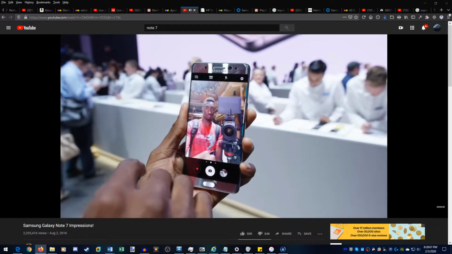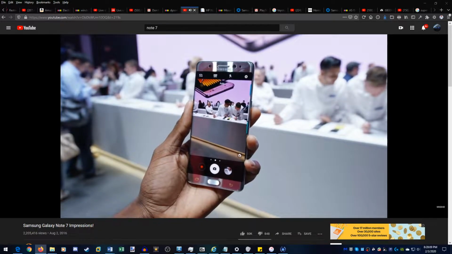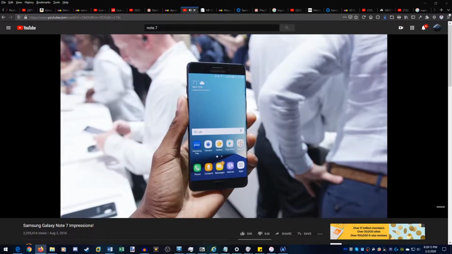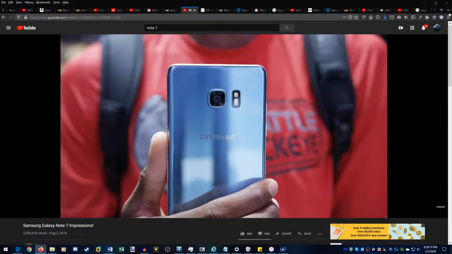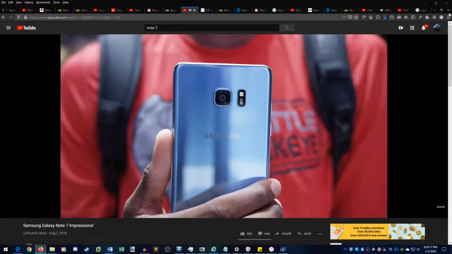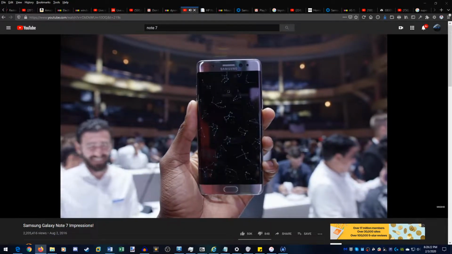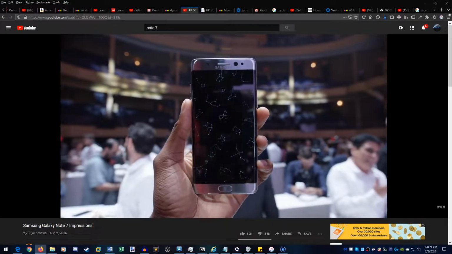Apparently. I'm definitely going to try that, though. So overall, the Galaxy Note 7 looks like it has a lot going for it. I think the stealthy black version might be my next phone, honestly, looking at it. Of course, there's also the new blue one with the gold sides, looks pretty cool. And then there's the silver and gold phones naturally as well, but there's something about a stealthy all-black phone that